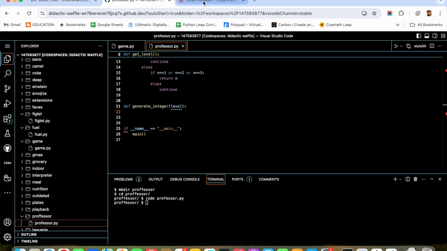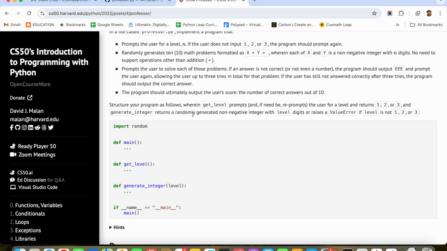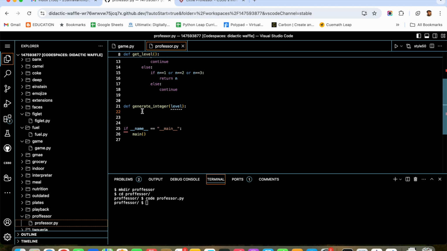So what is the thing they have said in generate integer? Returns a randomly generated non-negative number with level digits or raises a value error. Okay. Now here we are going to have level, which is already there for us. So we are going to randomly generate level-digit integers. So we can write